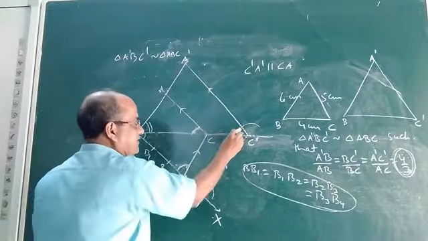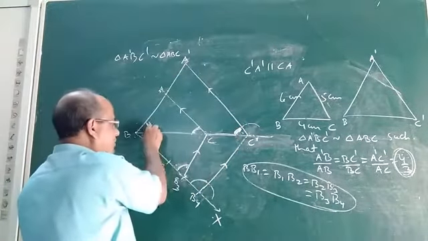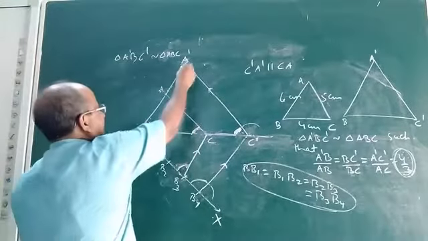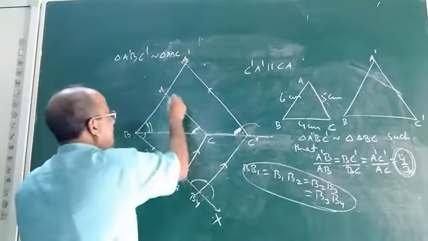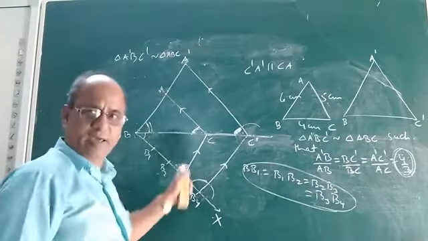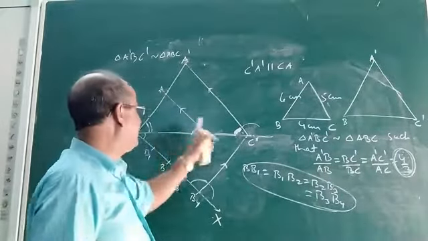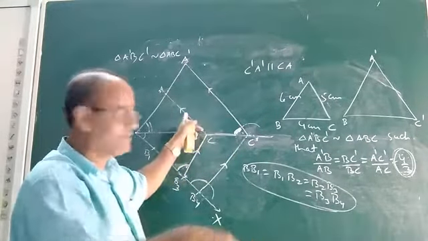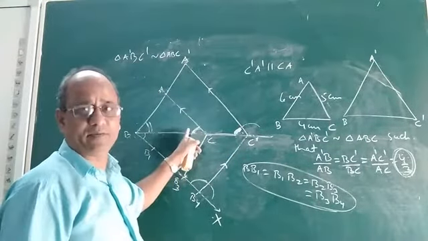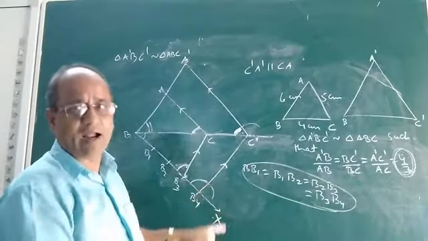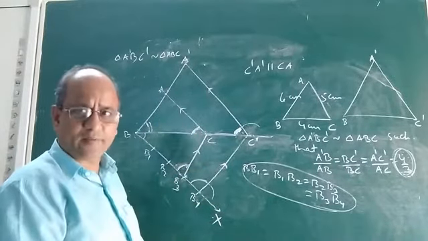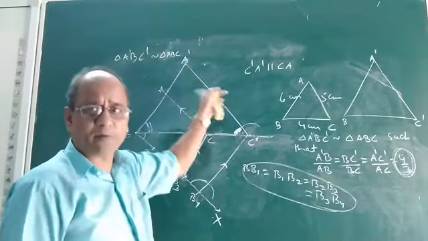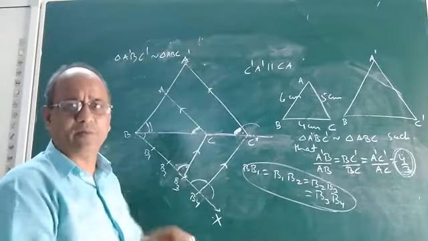So as this angle and this angle are equal and angle B is common, no doubt by angle similarity, it is justified that triangle A dash B C dash and triangle ABC are similar. Thus A dash B C dash is the required triangle similar to the given triangle ABC. And if they are similar, their corresponding sides will be proportional. Now we have to prove that the ratio of each pair of corresponding sides of both the similar triangles will be equal to 4 by 3.